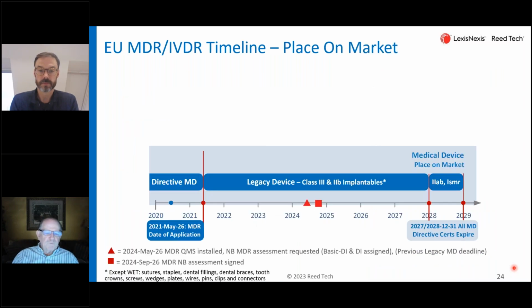So let's do a quick review of that. If we were to start with medical devices, we have the medical device date of application, directive medical devices up to that point in time. And then if they're still placed on the market, there's legacy. I need to talk about 2